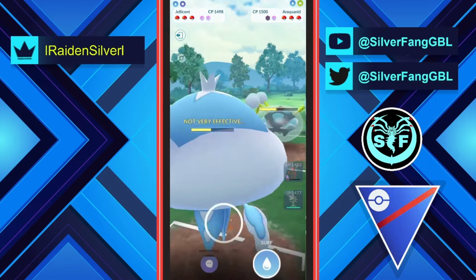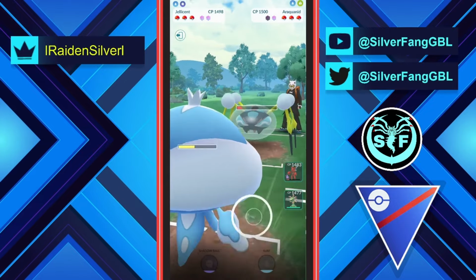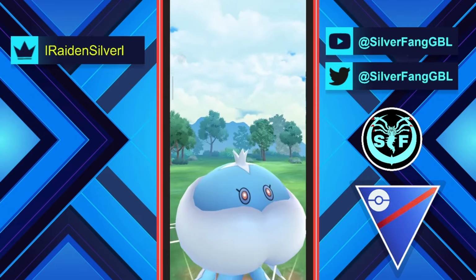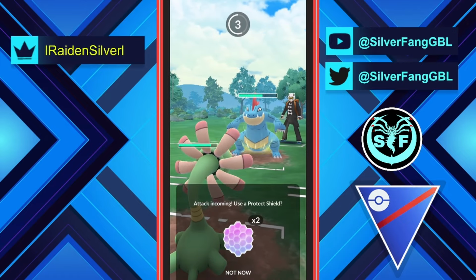It could be like opponent has Mirror Coat. Mirror Coat is a psychic type move which does neutral damage to ghost type Pokemon. So I will go for another Shadow Ball and opponent Araquanid survives. I will go for the Surf and opponent catches it on his Feraligatr. Nice catch by opponent. I will come in with my Cradily here and I will shield this charge move